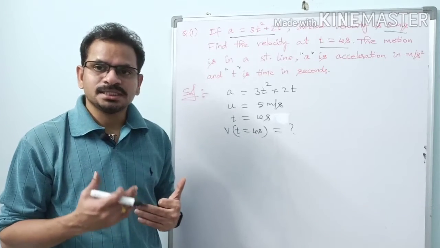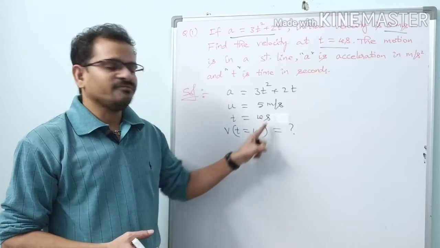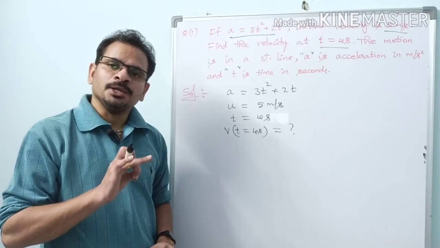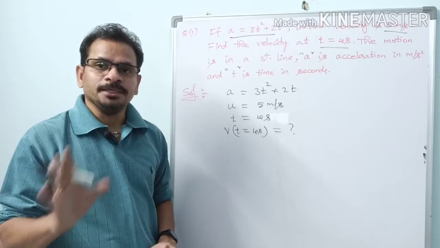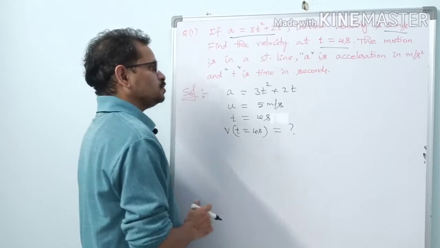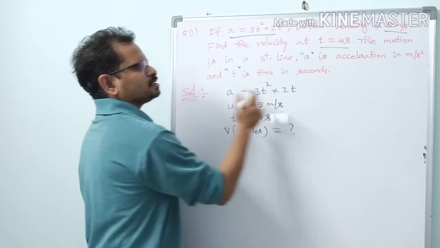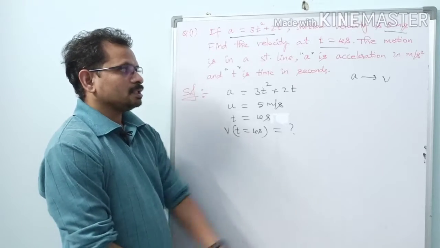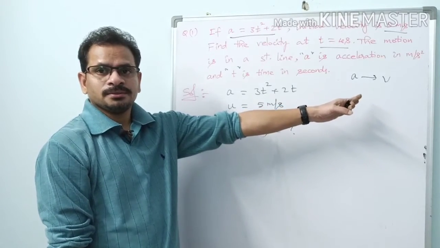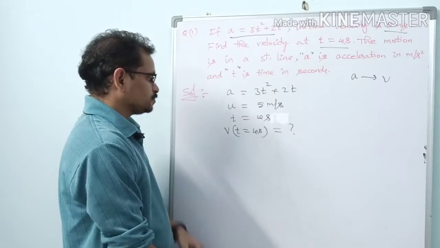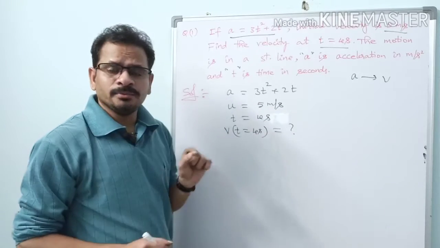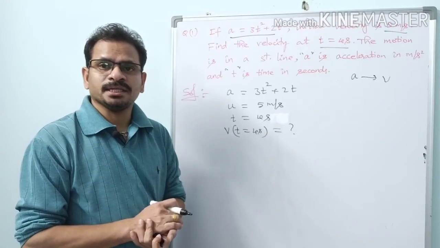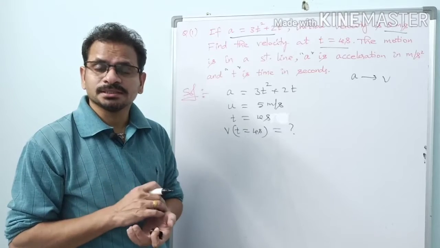If you find the instantaneous velocity, which is a function of time t, then we can find the velocity value at any given time t. So let us find the instantaneous value. Here acceleration is given to us and velocity has to be found. So this is a reverse order, no? Reverse order means integration. I told you before, the formulae are the same whether it is the differentiation or the integration method. What are the equations?